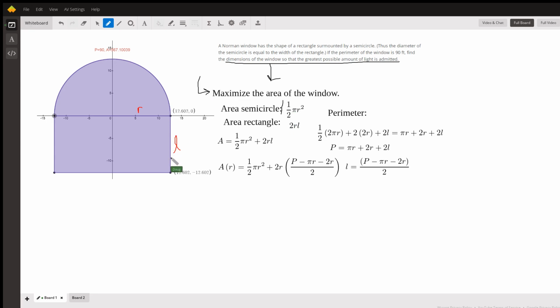And the area of a rectangle is length times width. This dimension here is 2r times L. So there is a formula for the area of the Norman window. But we'd like to take the derivative of that with respect to maybe r, so we somehow have to eliminate this L. And that's where the perimeter comes in. We're told that it's 90, but I'm just going to use the letter P to show that it doesn't matter what the perimeter is,